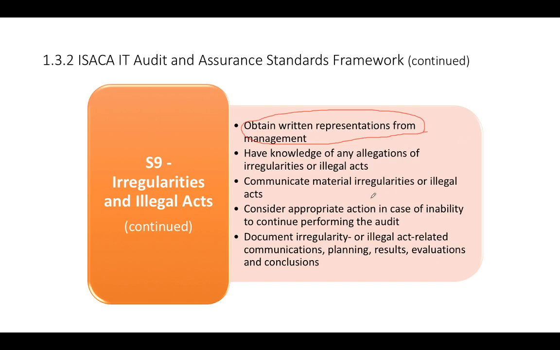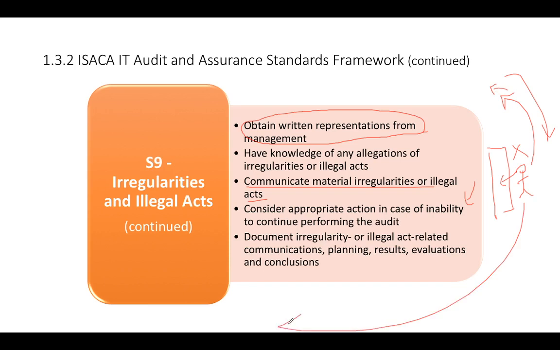Communicate material irregularities or illegal acts. Right? So if there's any material evidence, you can communicate it. Consider appropriate action in case of inability to continue performing the audit. So there is a brick wall, and you hit a wall. You cannot go beyond that because of these irregularities. So rather stop the audit and report it, get the feedback, and then stop whatever you're doing. When you report, if it is not your duty to report it to law enforcement, then the management should do that. So you should get an idea from the management what they are taking, what are their